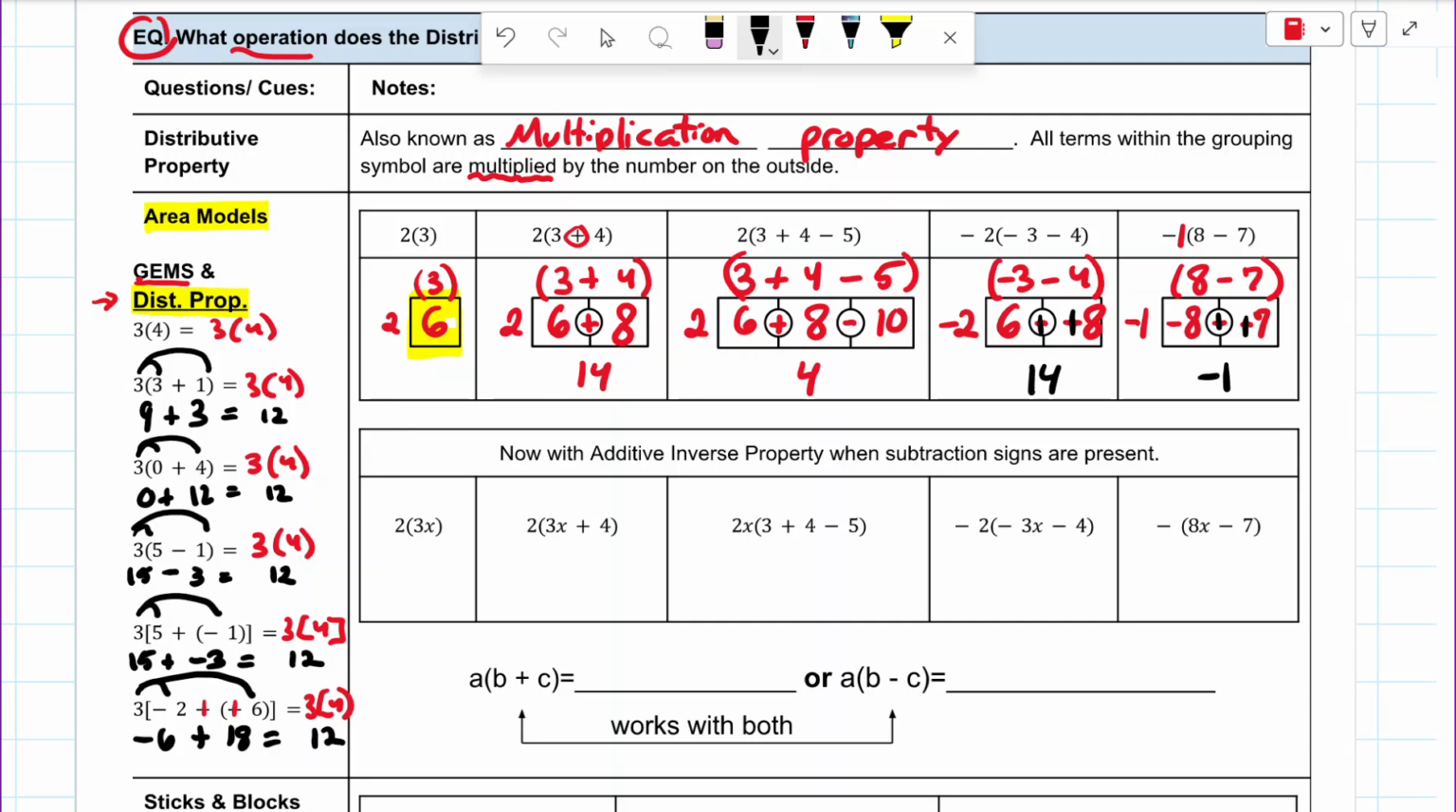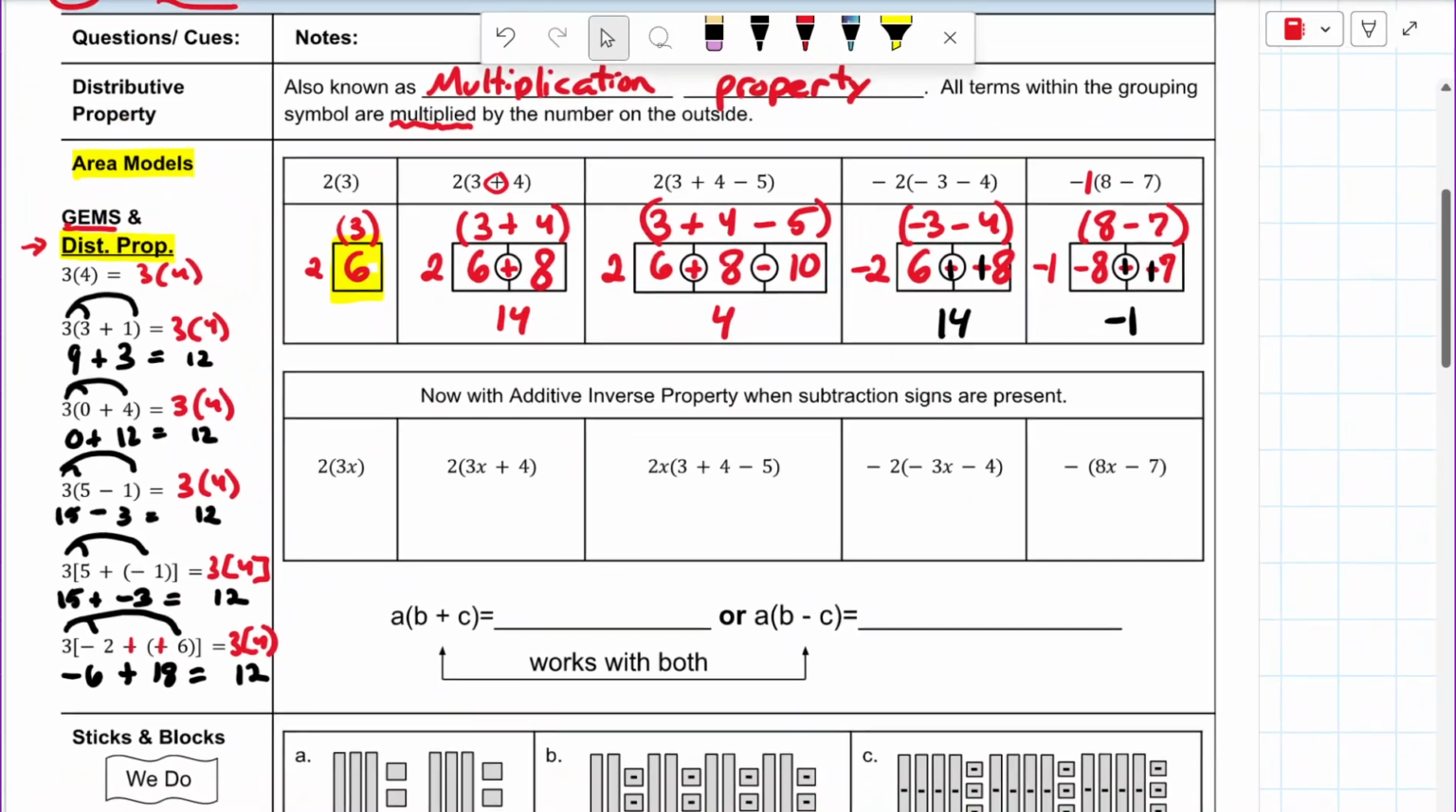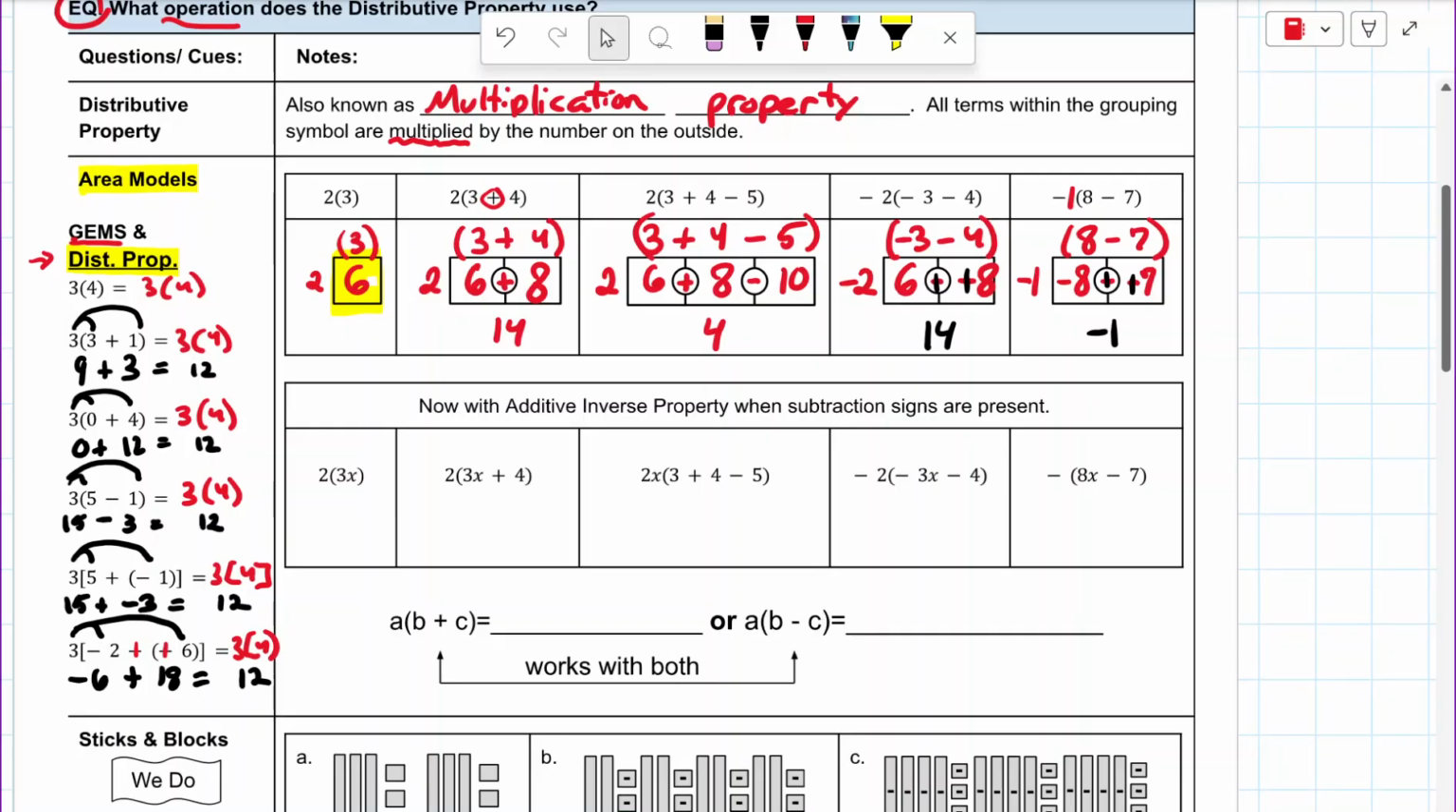So you can see it doesn't matter whether we're doing gems or the distributive property. Both ways work. So the distributive property can supersede doing what's inside the parentheses, as long as you're doing it correctly. All right, now you just got to see me making these arches across. So we're going to be using those on this one instead of the area models. So now with the additive inverse property, when subtracting,